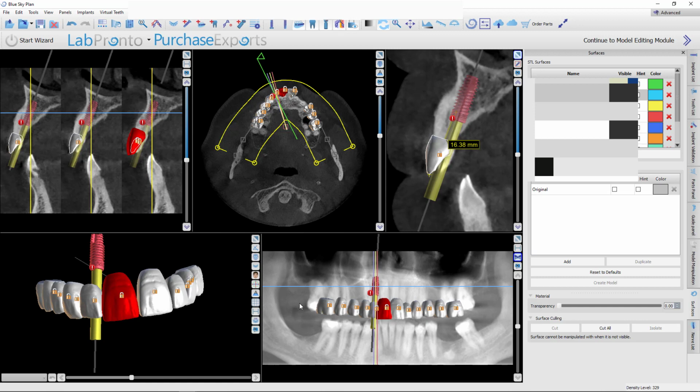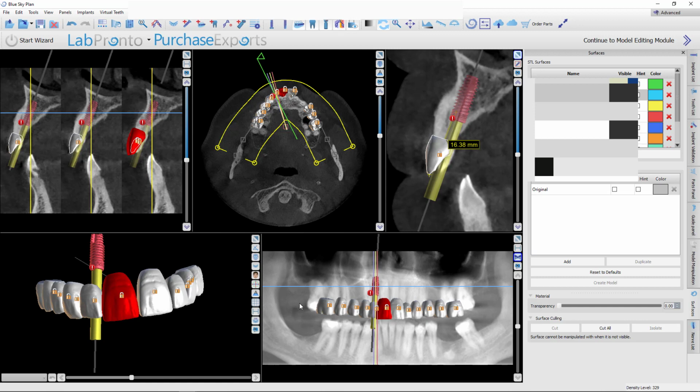So anyway, I hope that made sense. To me, this is the starting point for any full arch case. I'm going to do this every single case, some version of this, to figure out where teeth belong first, and then I'm not even planning implant positions until I know where those teeth belong. So to me, that's the biggest key for success in any of these cases, because again, nobody cares if your implants integrate, how much you paid for them, how great of an implant they are, if your end result is